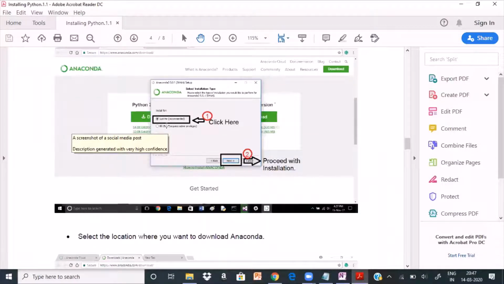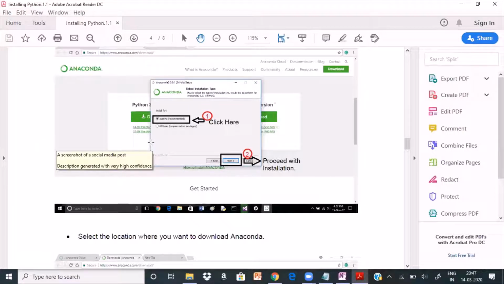Everyone, are you on this screen right now? The reason why we are selecting Just Me is because if you try to use All Users, there are certain admin privileges that you require.